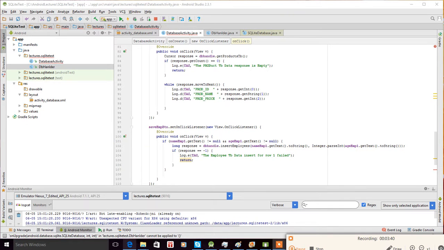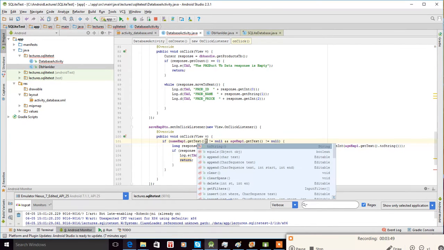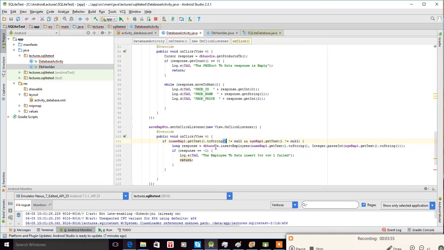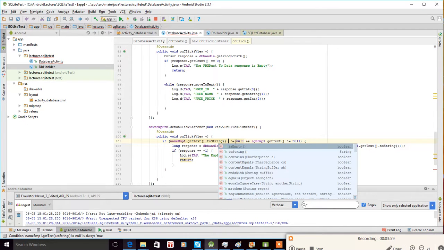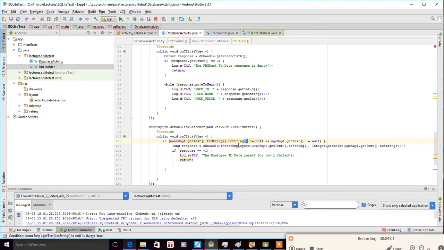So instead of this name1.getText is not equal to null, because we already have some default string values inside our edit texts, maybe this, I think this won't work. We can use the toString is empty. If it is empty, sorry, we can convert the